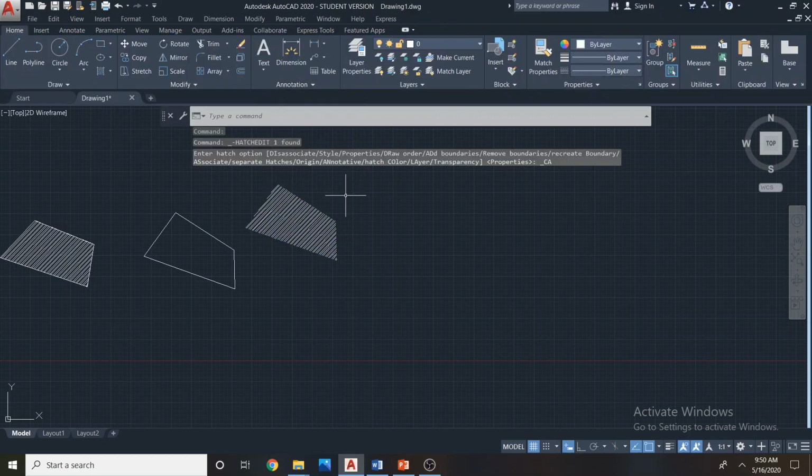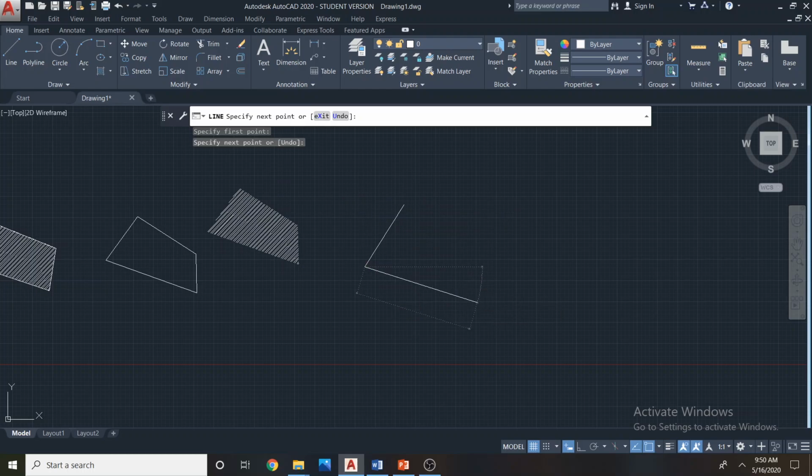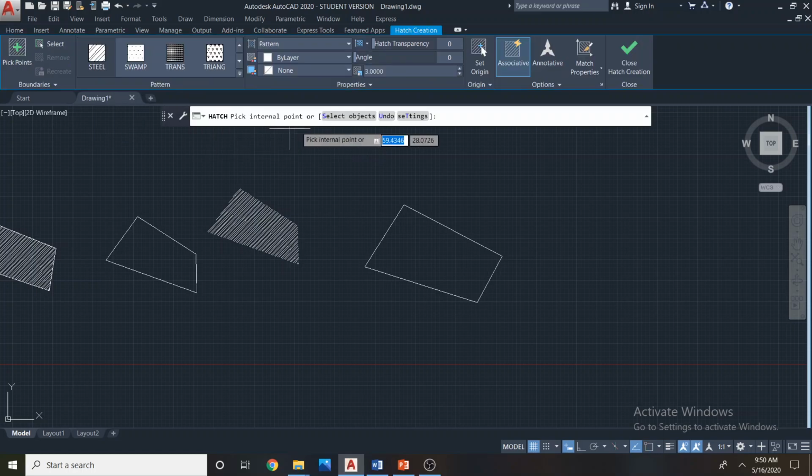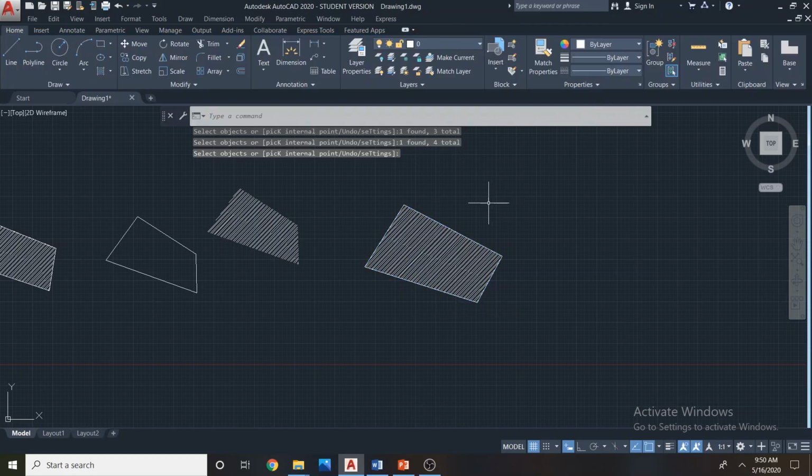Now, if you use another method, say there was another method when I started the hatch tool called select objects. Now, when I start the hatch tool, I automatically pick the internal points. They are going to automatically select the boundaries, but there's another tool called select objects. Now you can select these lines one by one. Now it tries to hatch that corresponding area, and after you select everything, we'll try to identify the closed object and try to hatch. So this is another method of doing this.